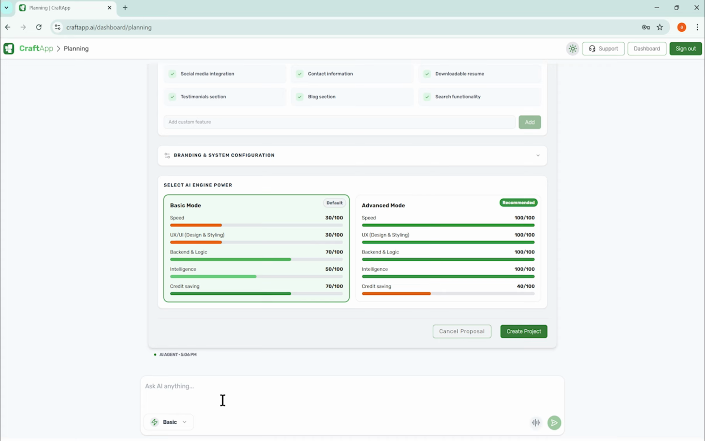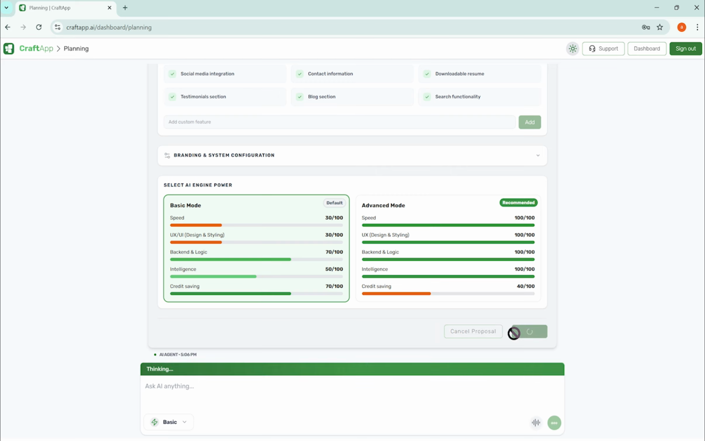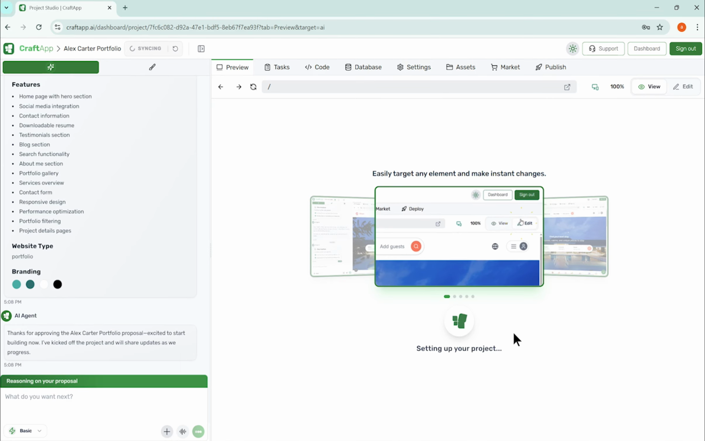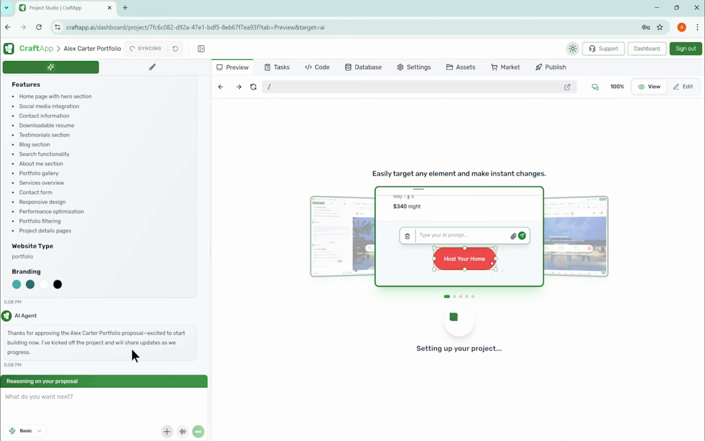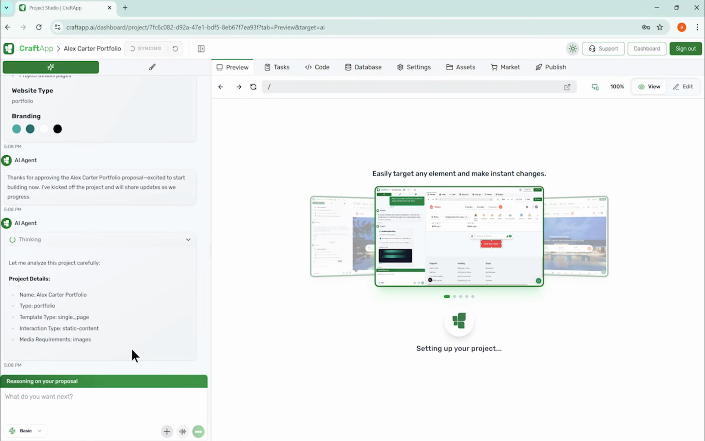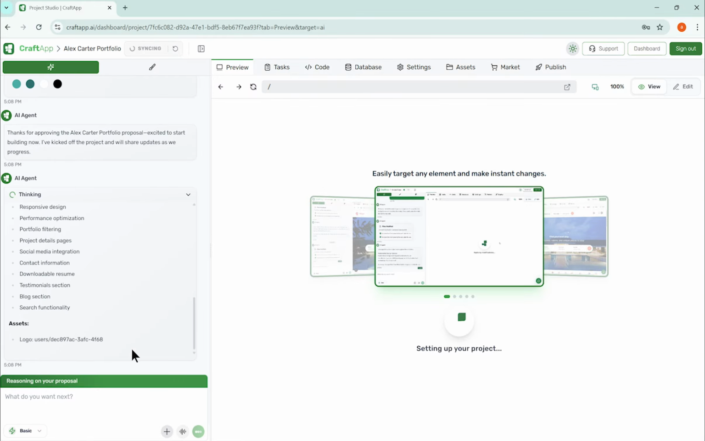And once everything is ready and confirmed from your side, you just need to click on the create project button in order to ask CraftApp to create this project for us. So I'm going to click on this button, and now it's going to take this proposal as a building block, or as a basement of our project, and create the initial version of our application or our portfolio website in a few minutes, and until it becomes ready,